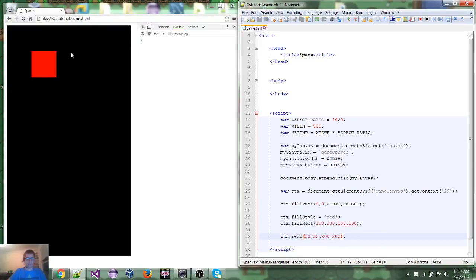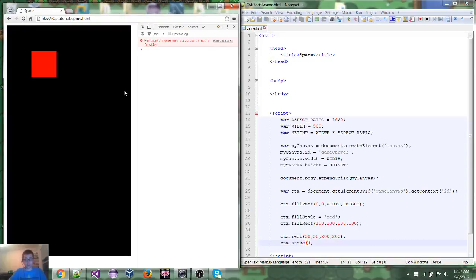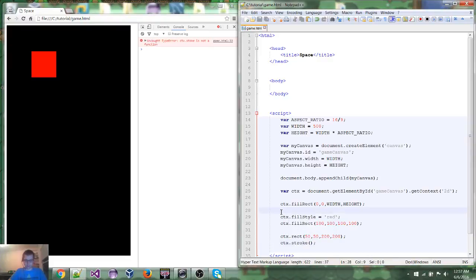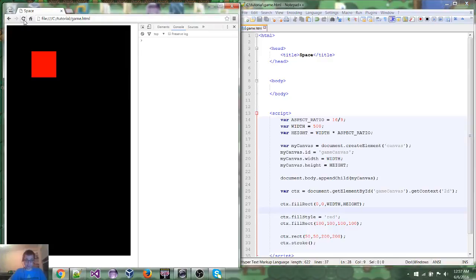Now we'll save and refresh, and again you won't see anything because we actually haven't stroked the lines to this rectangle. We've only defined it in memory here. And you have to call the stroke method to draw the shapes that you've defined that are still in your buffer. In this case we only have one, but you could define multiple shapes and stroke them all at once. So again, I'm going to save and refresh, but again we won't see anything. Well, first of all, because I have a typo, but we'll fix that and refresh again, and we won't see anything. And that is because the default line